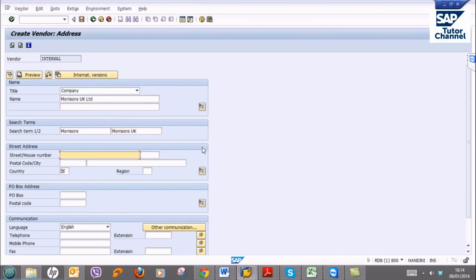Now give the street or house number. You can give the street or house number, London Road, and give 65. Postal code can be